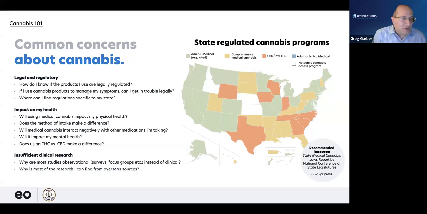The stock advice is that if you go into a legally regulated dispensary, it is highly likely that you are going to get what it says you are getting on a package. However, with the proliferation of